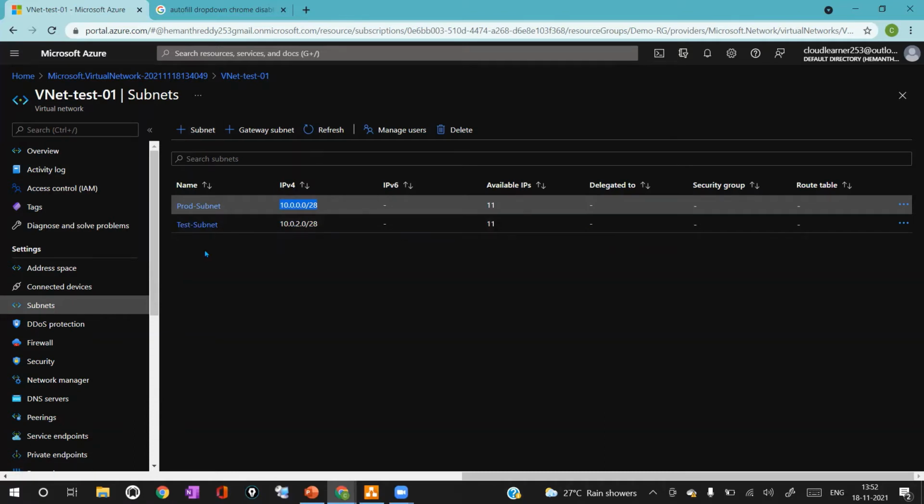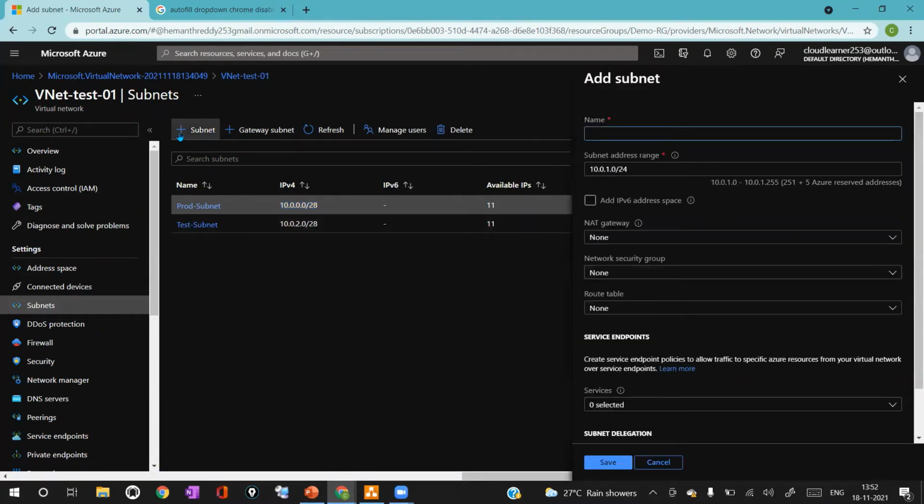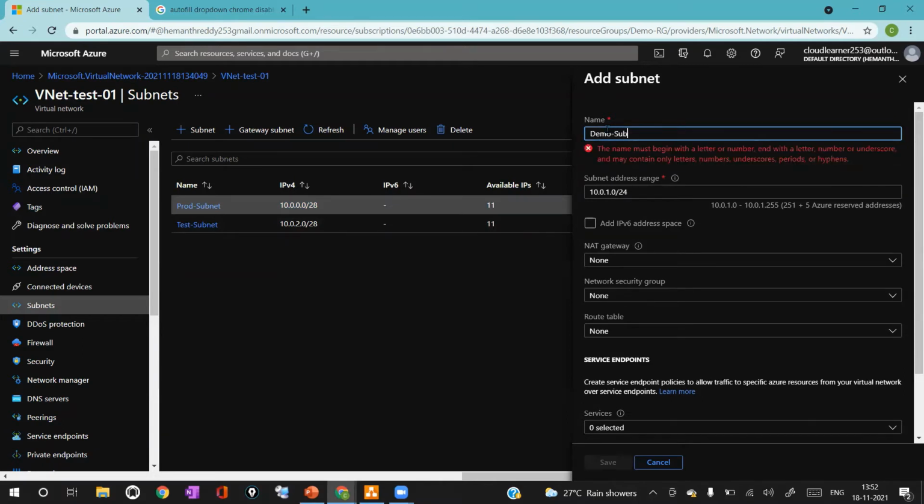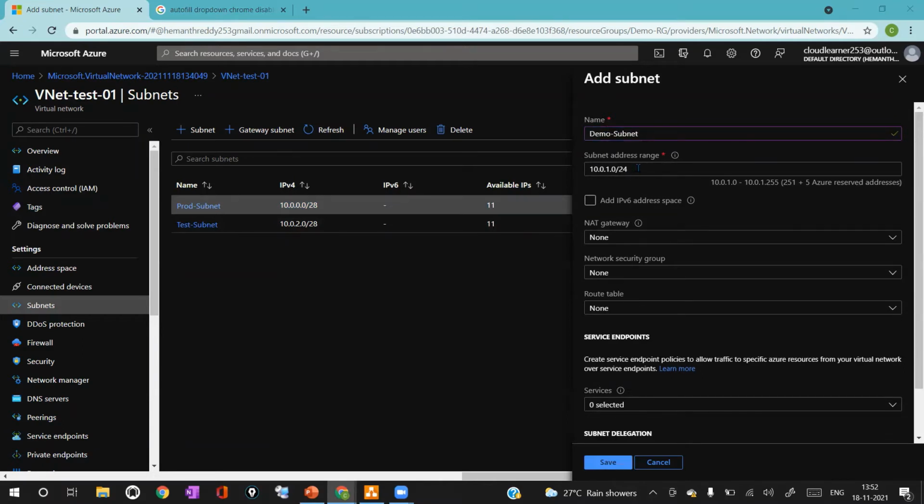To create a subnet once the VNet is created, all you can do is come to the VNet, come to the subnet option and click on add subnet, plus subnet, and provide the subnet name. I want to give the subnet name as demo subnet, and I'm giving the range for the demo subnet as the same default address which is created here, 10.0.1.0/24.